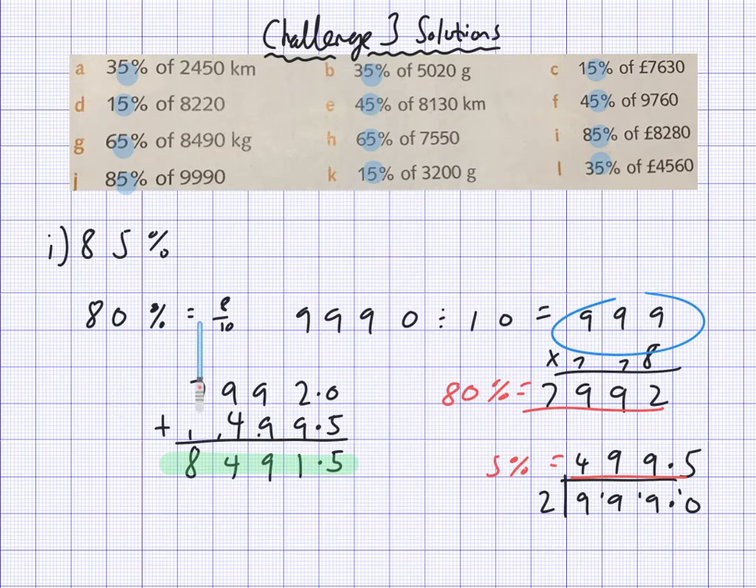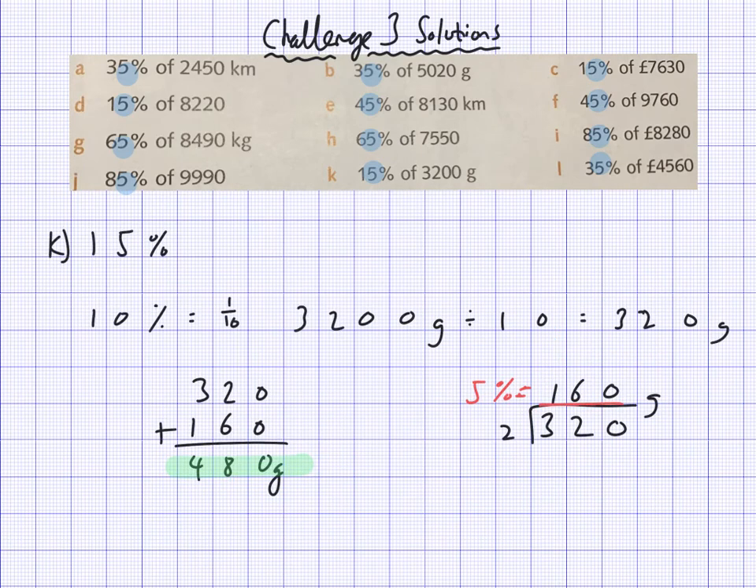I found 80% first of all, divide by the bottom, multiply by the top, so 8/10 of that number is 7,992. Then I used the 10%, divided it by 2 to find 5%, 499.5, added them together, and I get